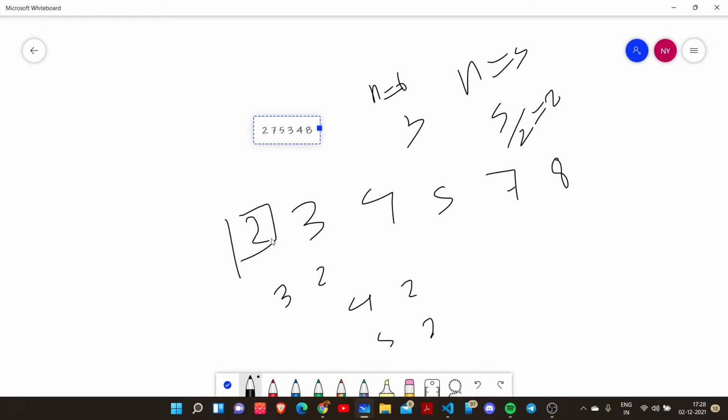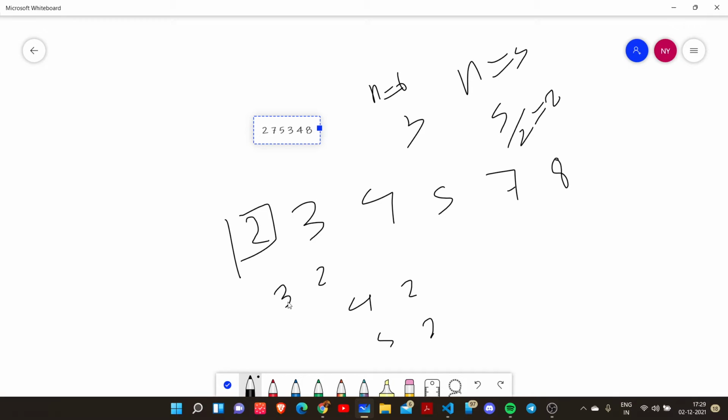So the remainder will be smaller than 2, and we already know that there is no number smaller than 2 present in this given sequence, so that condition will always be satisfied. We won't have to think about whether the remainder will be present in the given sequence or not. Now the second condition was that both should not be equal. So what we will do while making pairs is look whether 2 and the number we are pairing with is equal to 2, then we won't make the pair. If both are different, then we will make the pair like this.